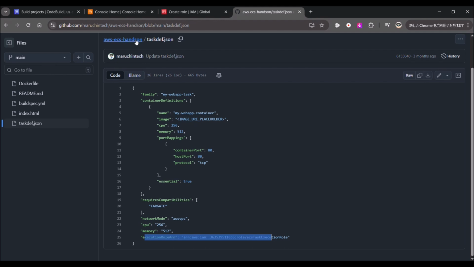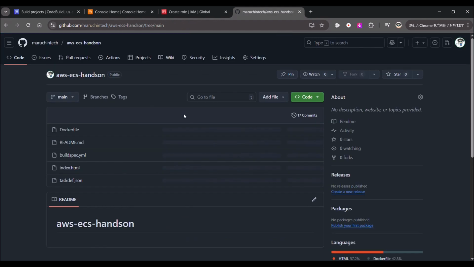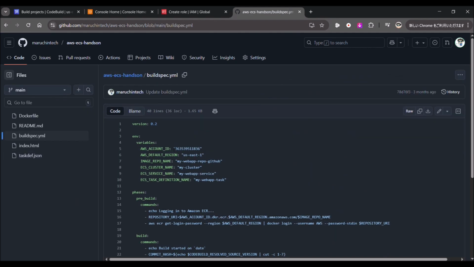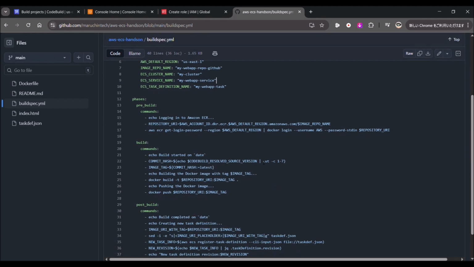And then going back and click on the build spec YAML. Okay. You also need to change the environment variable for the AWS account and the AWS default region. I'm using the US1 region. And you will also need to ensure the ECS service name matches the service we will create. And scrolling down,